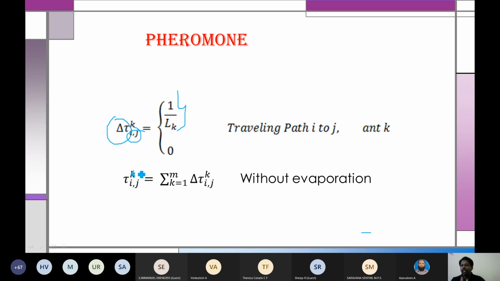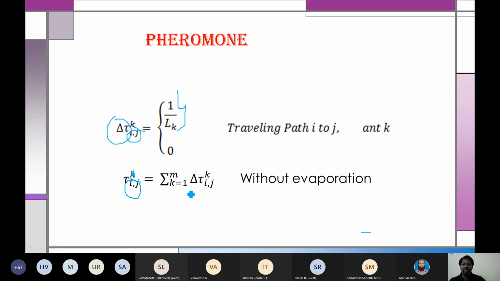But in that path, a lot of ants will be moving. We can't tell that only one ant is moving; we can say that n number of ants will be moving. So for example, in a path, if 5 ants are moving, the pheromone content will be the sum of the pheromone secreted by all the 5 ants. In a path, if 5 ants are moving, the total pheromone content available in that path is the sum of the pheromone deposited by all the 5 ants. So we need to add it, right? So that's why in the path Ij,